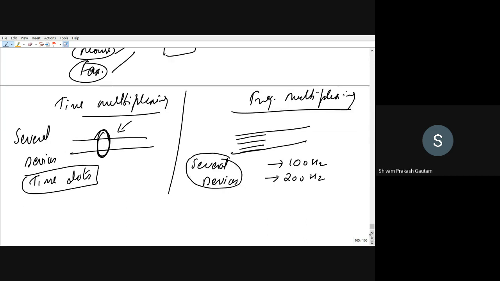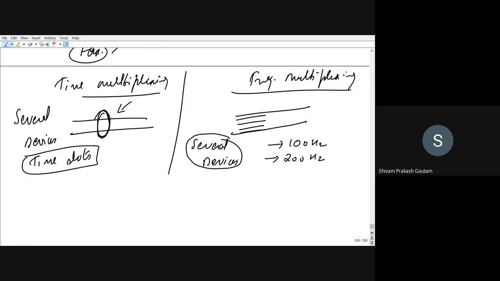An example of frequency multiplexing is the radio that we hear in our day-to-day life. There are different channels available like 93.1, say 98.3, or some other megahertz. They are in the megahertz range, right? You can see the path or the channel is the same, that is air, and they have different frequencies. One channel operates at one frequency, another channel can operate at a different frequency. So this is the example of time and frequency multiplexing.